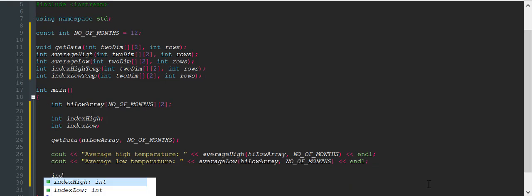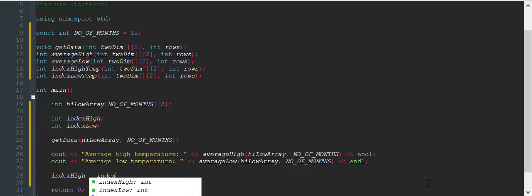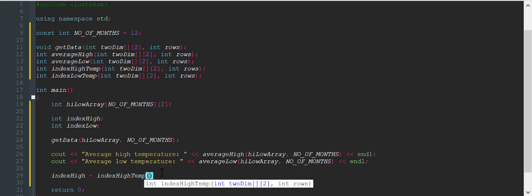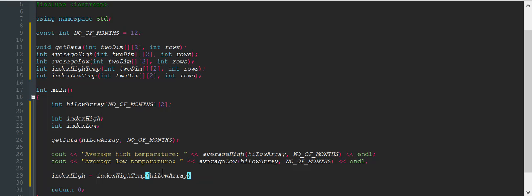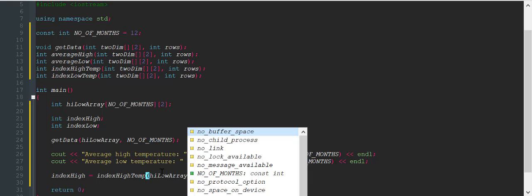And now we need to set index high is equal to index high temp, and then we put in highLowArray, comma, number of months,